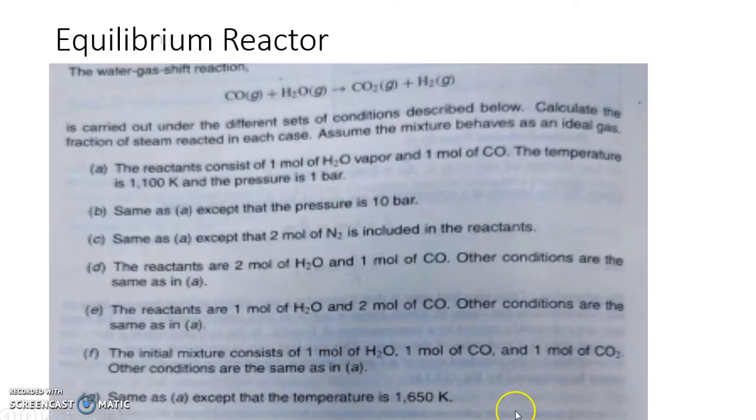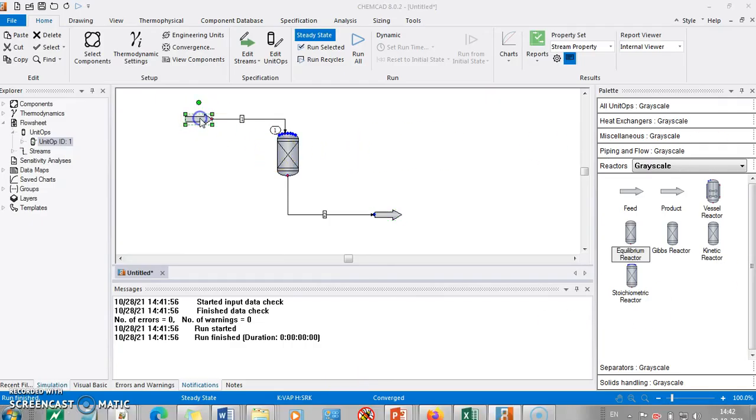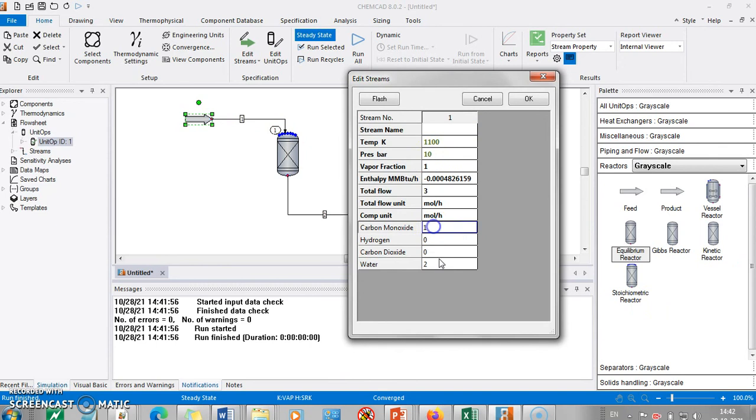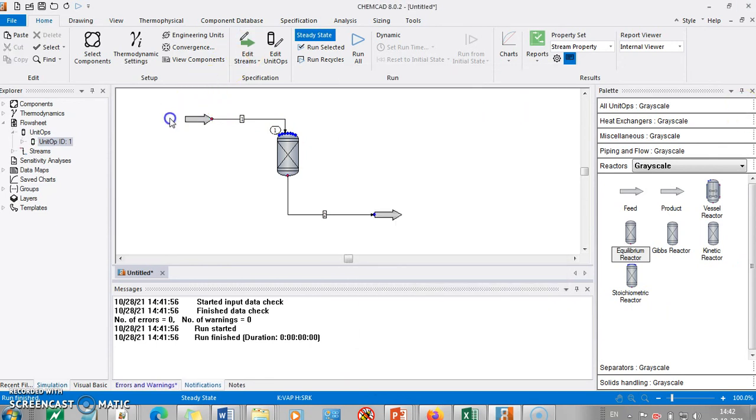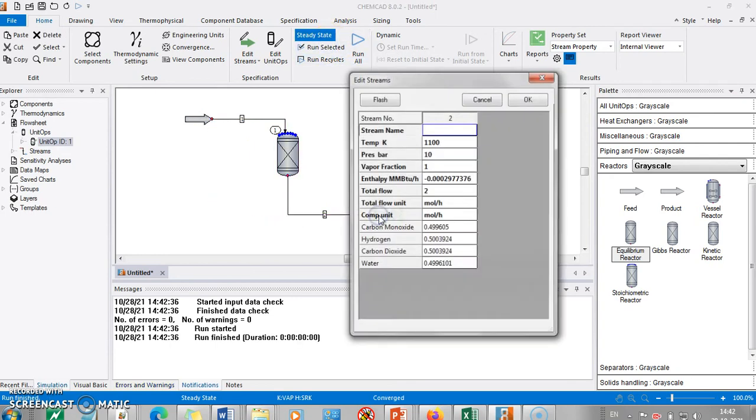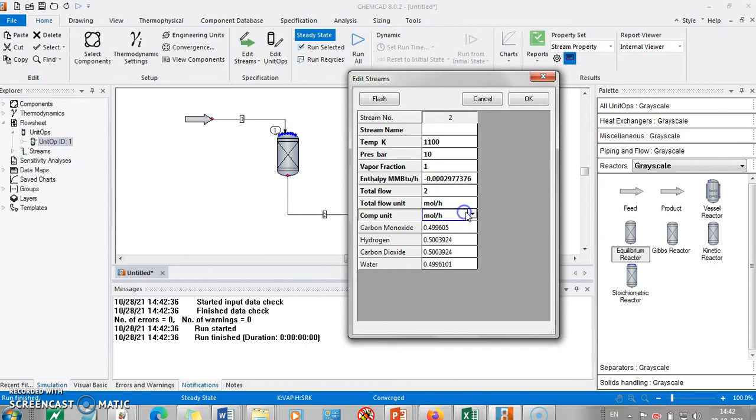Here you can now see, if we change the temperature in part G, I make it 1 and 1, let us say 1 and 1. Press OK and simulate this, and I see that the mole numbers are 0.5, 0.5, 0.5 and 0.5. So your extent of reaction is 0.5 here, right?